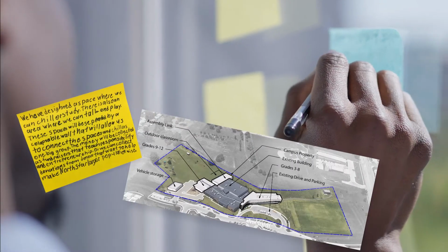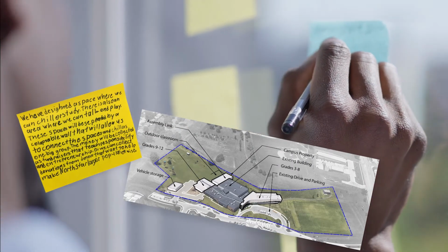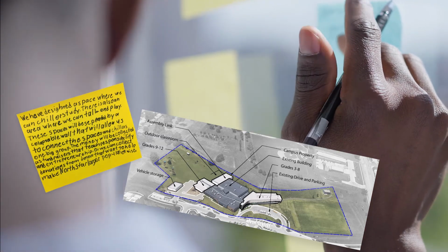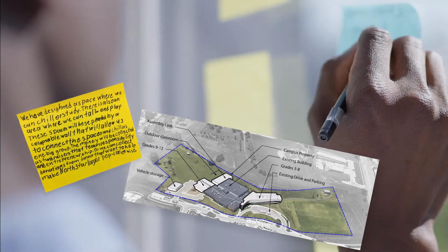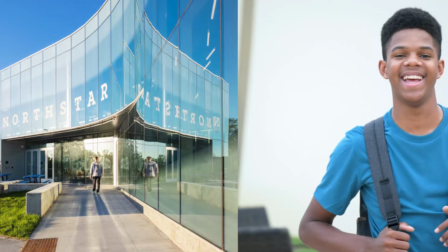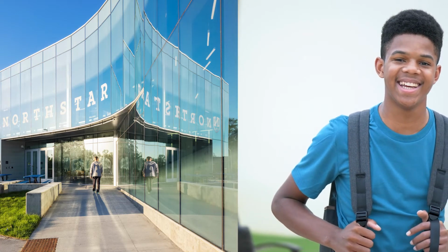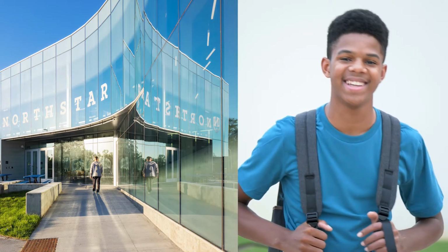As part of HDR's STEM partnership with NorthStar, HDR brought a group of older students into the early design and planning process to let them contribute ideas and needs for the new spaces. By integrating the students into the design process, there was tremendous anticipation and buy-in from the students for the building